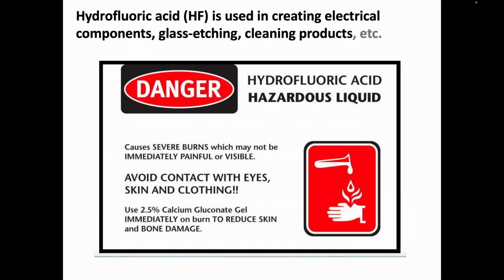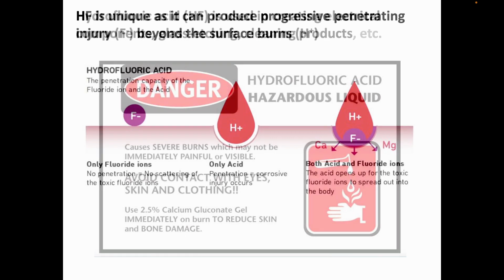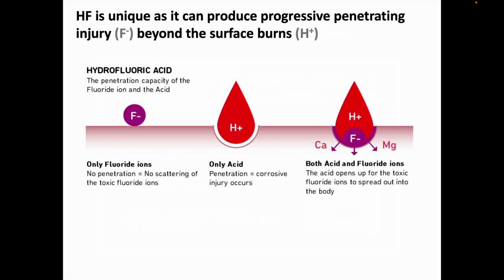Hydrofluoric acid has several uses, including glass etching and the manufacture of microcircuitry and electrical components. It's found in various metal cleaning products, etc. What makes hydrofluoric acid unique among the corrosive acids is that both components of the acid, the hydrogen ions as well as the anion, contribute significantly to its toxicity. With most acids, it's the H+ that really matters, which will cause local surface injury, burning the tissue it contacts, and there will be some limitation to the depth of injury since the burn forms an eschar limiting the depth